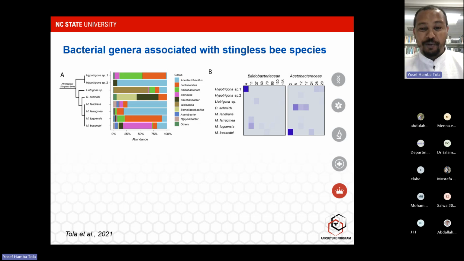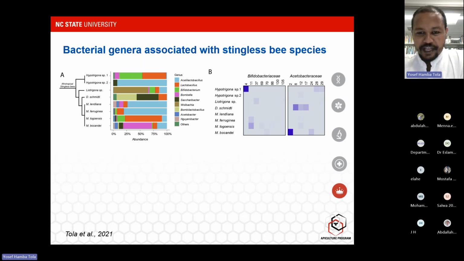But when you look at the Hypotrigona species 2, the closest species, you can't find it there. Even if they are very close and similar species, they have quite different relative abundance. The same thing for the Acetobacteraceae family. If you look at the different strains, for example, strain number 2 from this